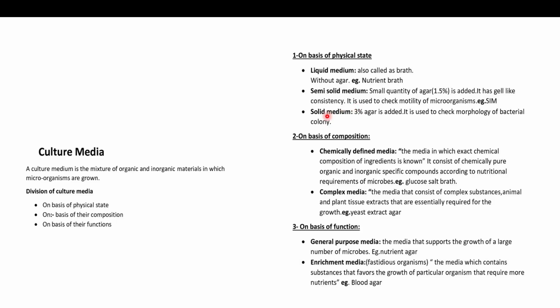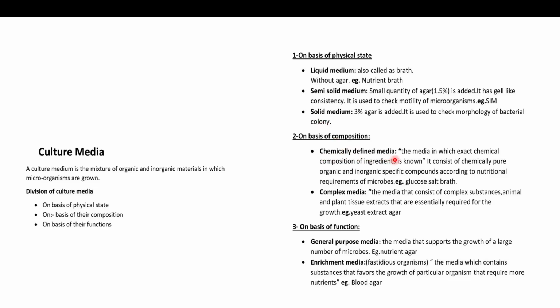And then you have the complete solid medium, where agar is added. It can be 3% or 2% agar as well. So it is used to check the morphology of bacterial colonies. Fine. And then on the basis of the composition of the culture medium, you have chemically defined medium, where we